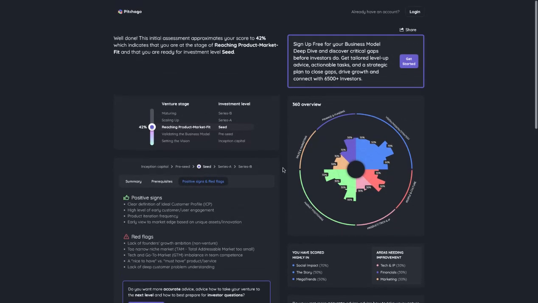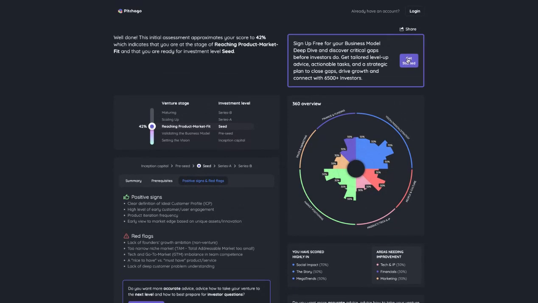So to do that, you click get started, you will get an email, you confirm your email in your inbox, you set a password, and then you log in, and then you will get to the full dashboard where you can then do the freemium, which includes business areas of business model and founders. But you can then open up the whole platform and access everything,